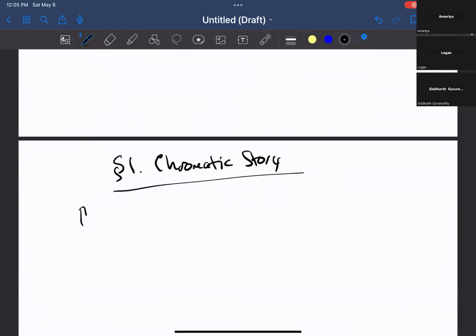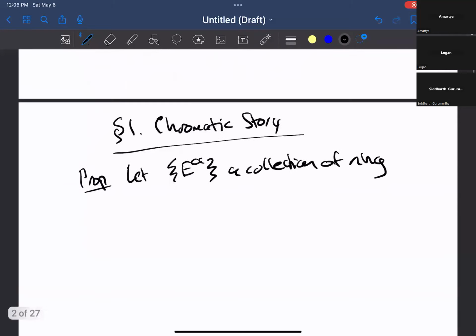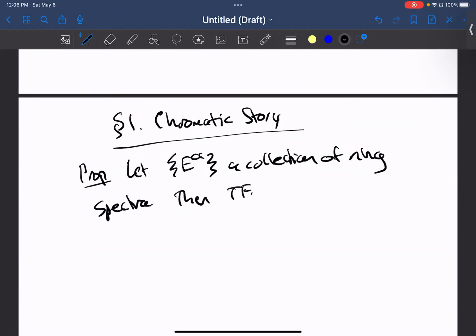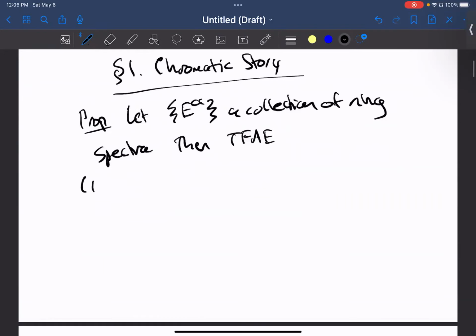So in Lurie's notes, there's this proposition, which we're going to prove because it's a rather easy proof. We're going to take a collection of ring spectra E alpha. Then the following are equivalent. 1. So we're going to work p-locally. So if R is a p-local ring spectrum, and we have a class x in pi star of R,